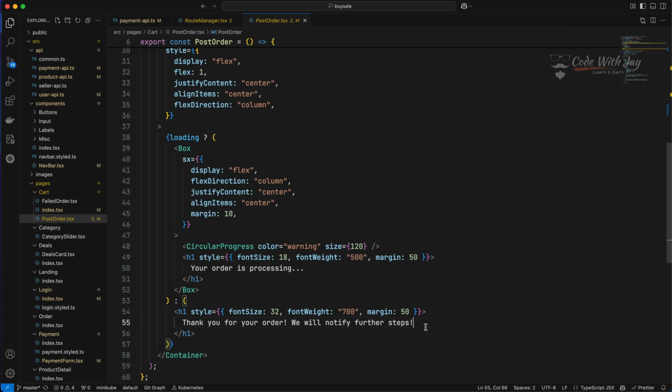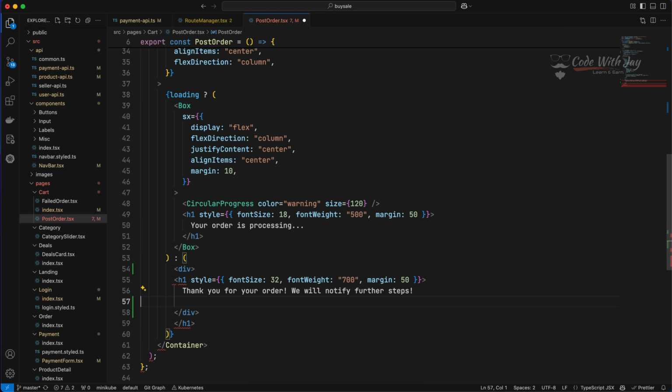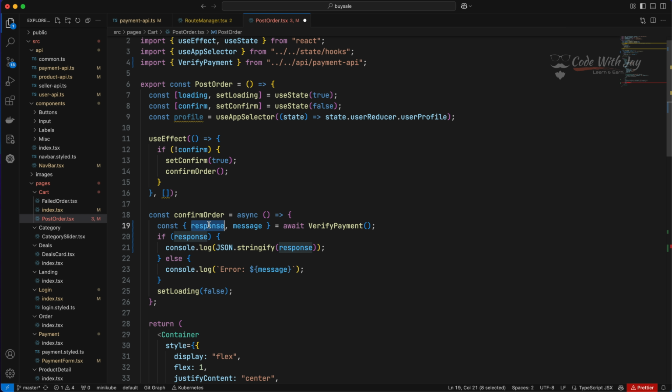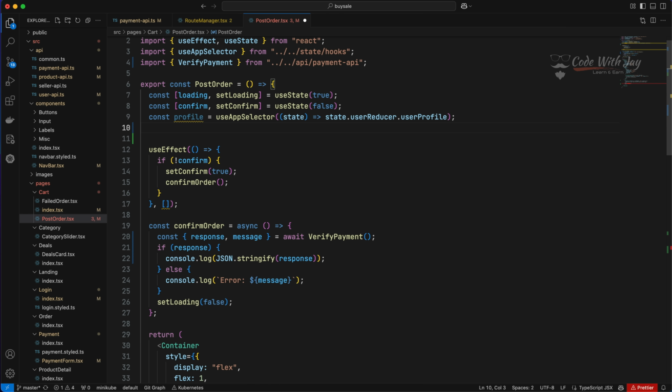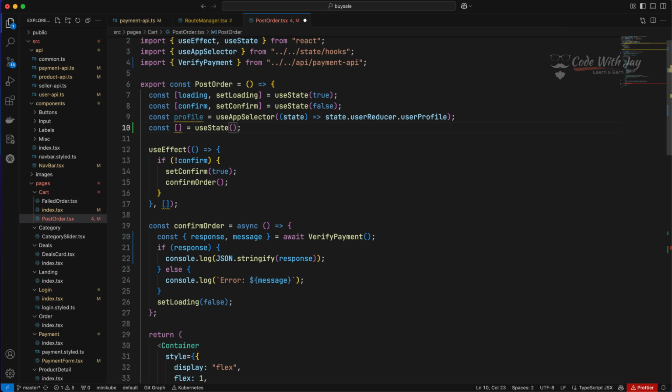Or maybe what we can do right after this one, maybe we can just put it inside a div. Right here, not this one here. Here we can directly display JSON stringify, right? JSON stringify of this response, maybe we can set it here somehow. So let's try to declare one more variable. This is called const. Const will be useState, and this is going to be some kind of object, maybe, or anything maybe, right? And you can call it the payment response,